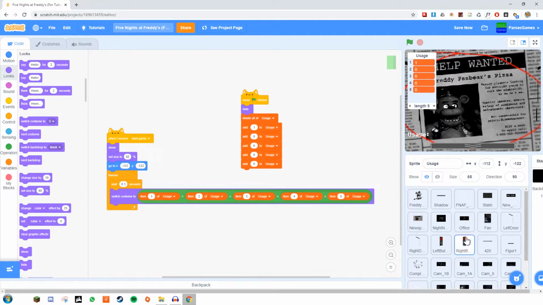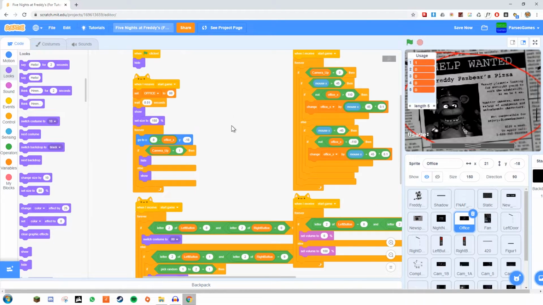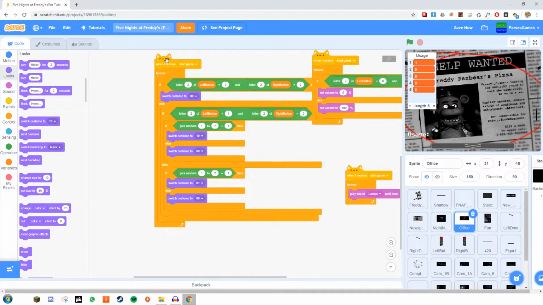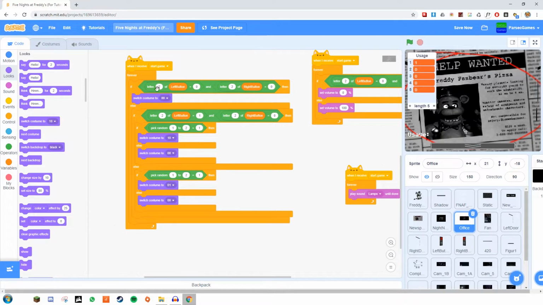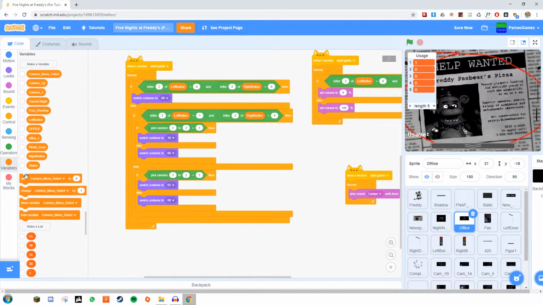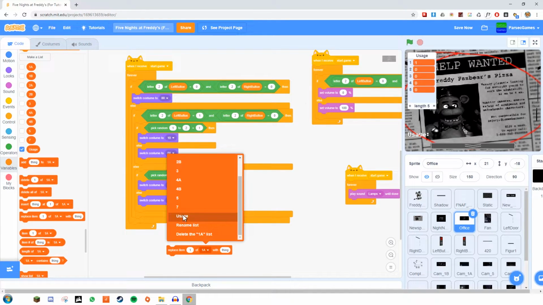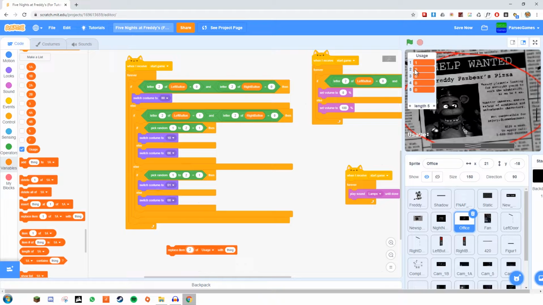And now we're going to go into the office sprite and add in the usage for the lights, so that it changes depending on if your light is on or off. So let's go into the office. And now we need to find the part that controls that, which is this one. So just add in replace item 2. We're going to use the second slot to show us whether the lights are on or off, and